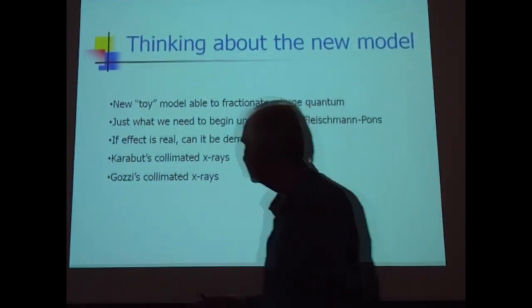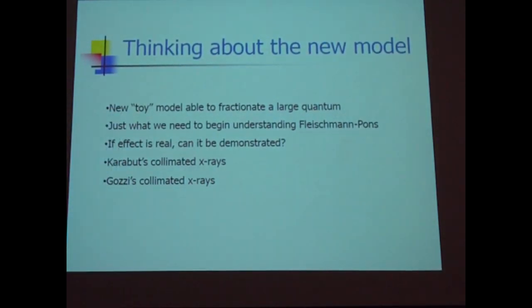Okay. So that was 2002. And years afterwards, we've had a lot of years to think about the new model. So the new toy model can fractionate a large quantum. It's exactly what we need, in my view, to begin making theoretical progress on Fleischmann-Pons. Now, this toy model